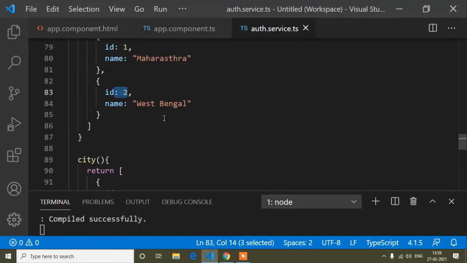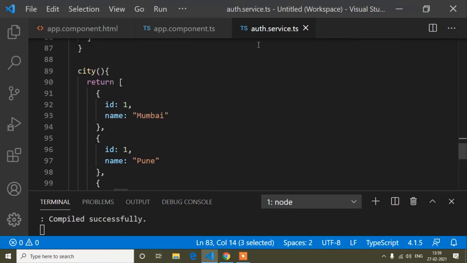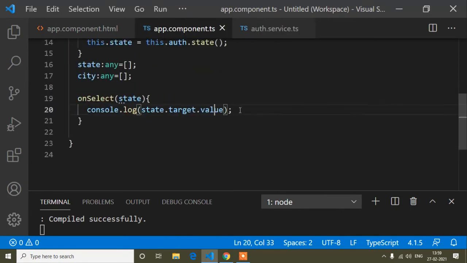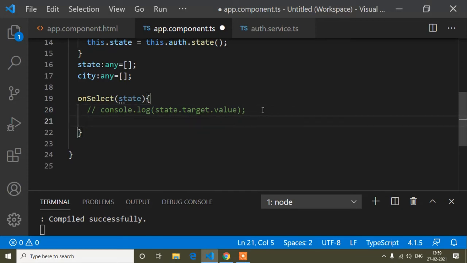In the auth service, I have created the method city, and inside this city method I have passed all the cities. So now I will not remove it, first of all I will comment it. And now I can use filter.